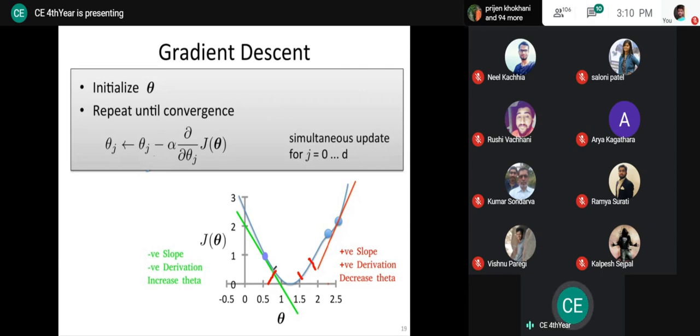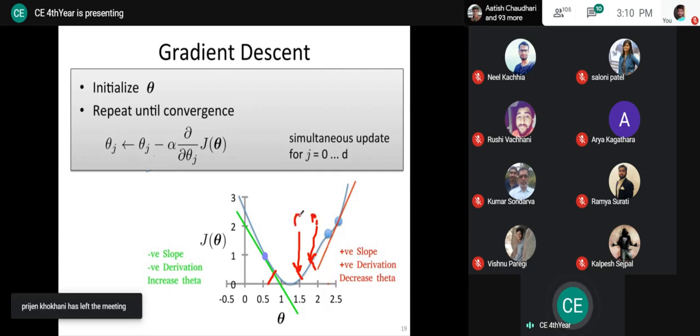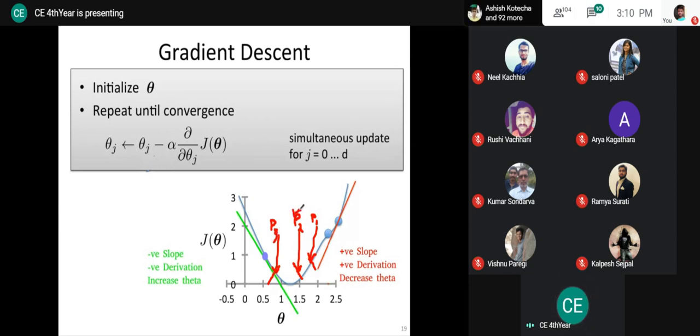Right. So as I have discussed, for this particular point, if you observe the error, that is j theta, it must be lesser than the error produced by this point. So let's say this is point P1, this is point P2. So the error produced by P2 is obviously lesser than P1. So we'll continue, right? But let's assume this is point P3. So now if you check, this is the latest point after the first iteration.